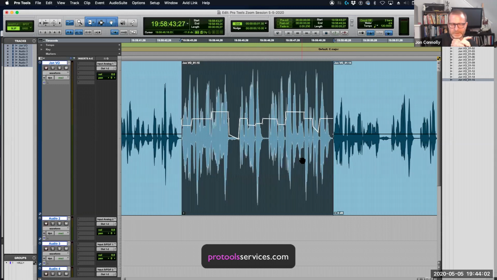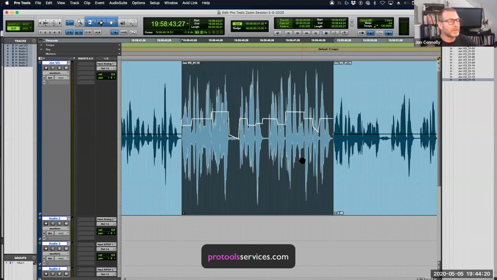So I've leveled it all out, increased the gain. It's going to stand out more. It's going to sit in the mix much better. We've kind of removed a breath in the middle there. The cool thing about this is it's not destructive. So if I decide later on that I don't like this, I come back to this tomorrow and go, what was I thinking?